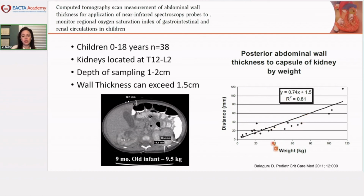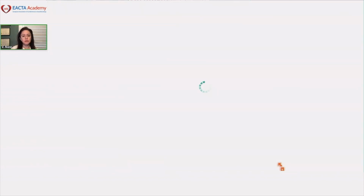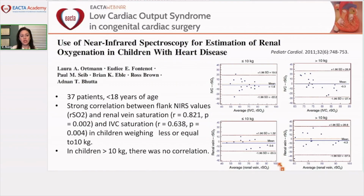So maybe the kidney measurement using the NIRS is not really accurate in patients that are above 20, which is almost 4 to 6 years of age. So then this one, looking also at renal oxygenation, they have looked at 37 patients less